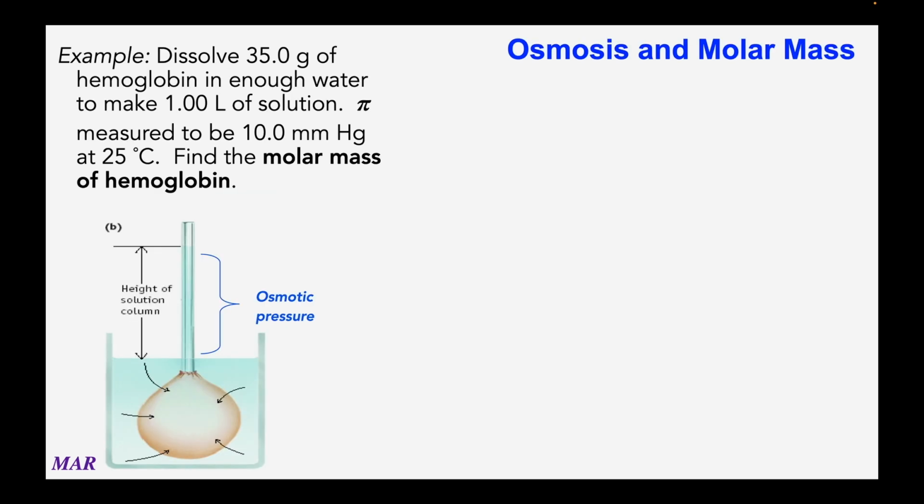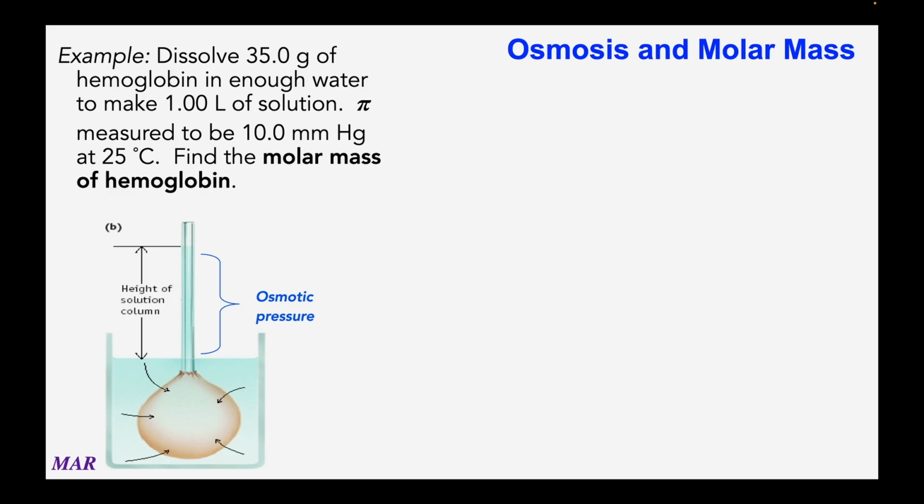This is an example of how you can use osmosis. It's a molar mass problem. And again, chemists just love finding the molar mass to make sure that their values are good. And earlier I said how biochemists can use osmosis a lot, and this is how they use it. Small changes to osmotic pressure will create measurable molar mass calculations, and this is how this works out, so let's check it out. But anyway, in this problem we have 35 grams of hemoglobin, which is some big biomolecule, and